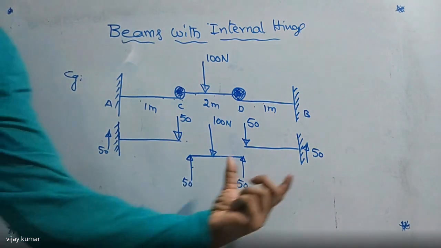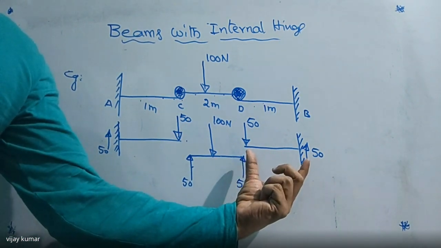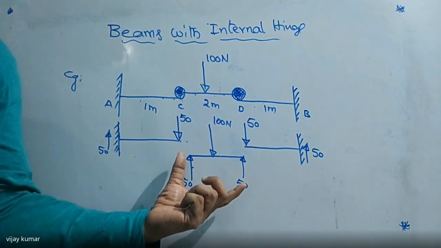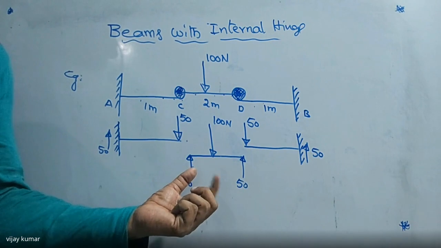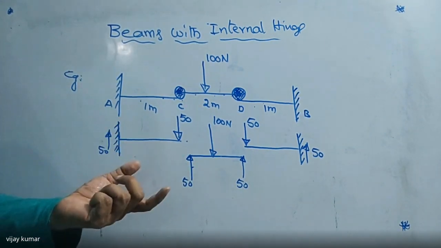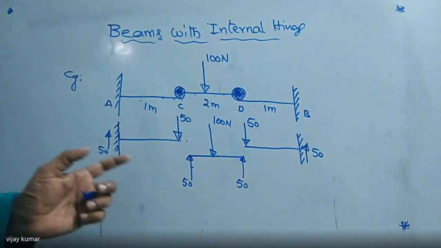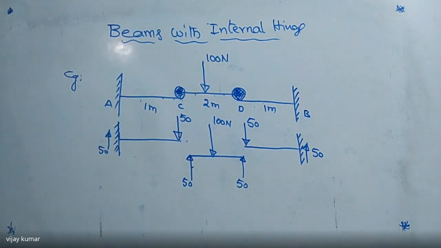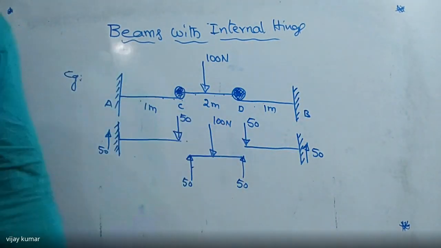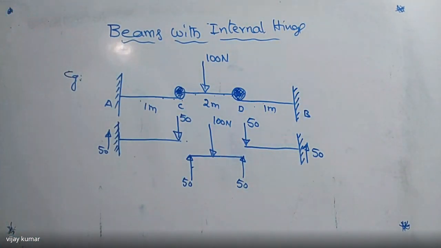If you see this one, it is a cantilever beam. We know how to draw the shear force and bending moment diagram. This one is like a simply supported beam, and we know how to draw its shear force and bending moment diagram. This is like a cantilever beam, and we can draw its diagram too. Now join all of these, then we can get the shear force and bending moment diagram of the total beam. These beams are connected with internal hinges. Did you get my point or not?